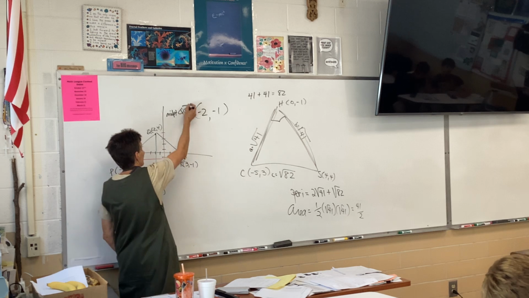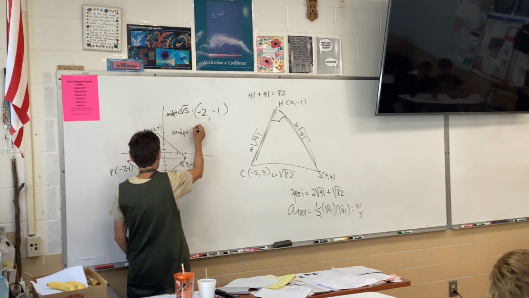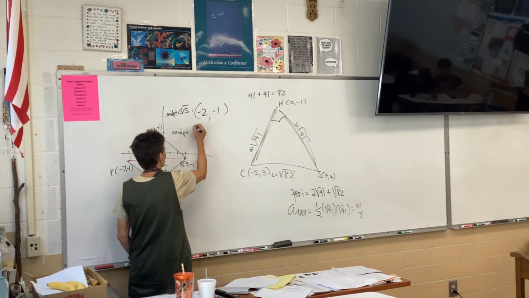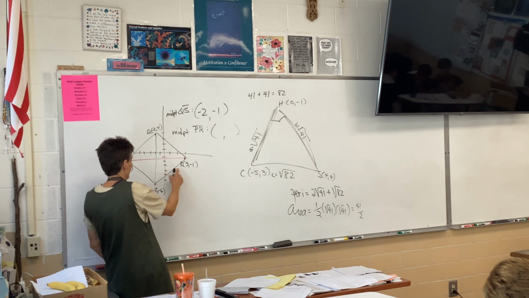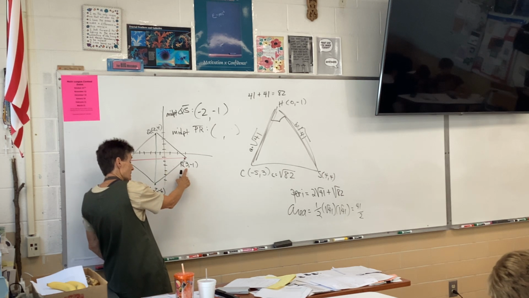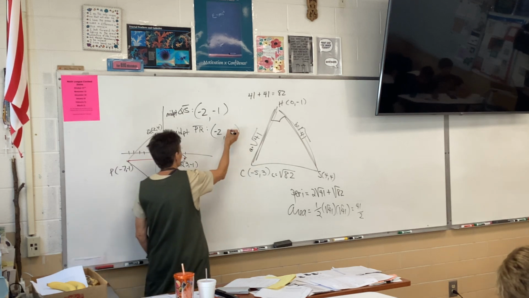Don't let me make a mistake, is that good? And then I gotta do the same thing for PR. -7 and 3 is -4, -2, -1 and -1,